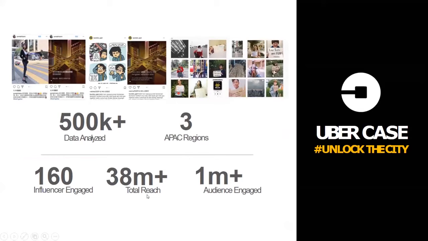That means they have attracted 3.8 million potential customers to see their posts. So this is our potential customer in the future. And there's more than 1 million audience engaged in this game. So you can see that they can widely spread out their news on social media more than on other marketing